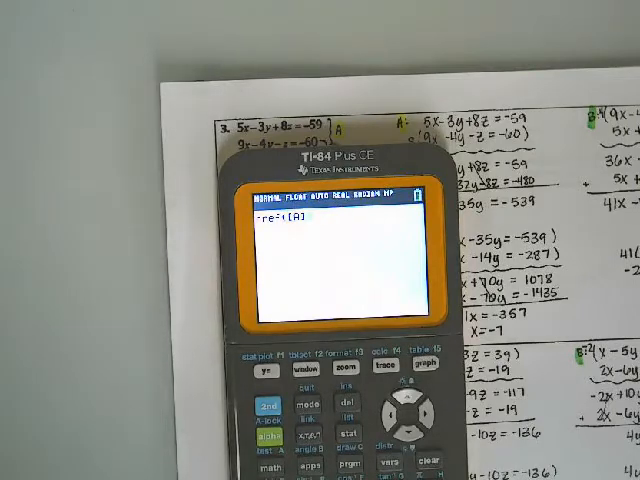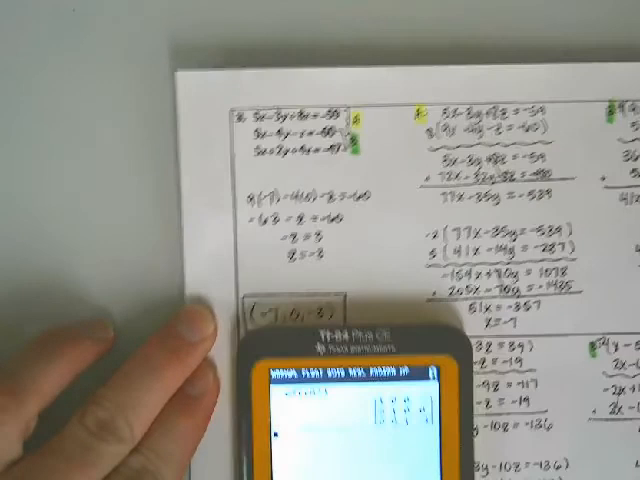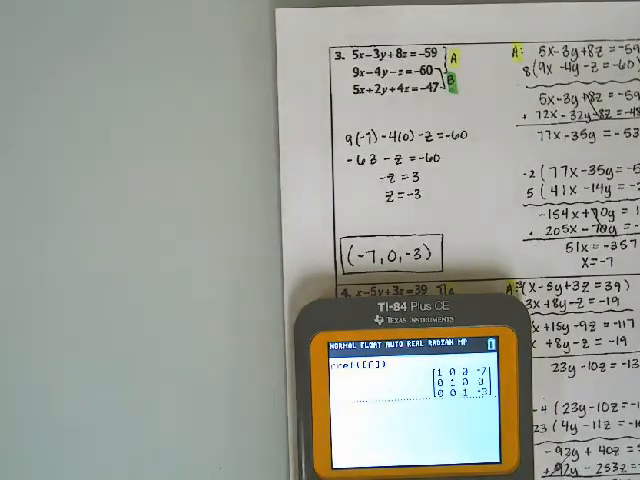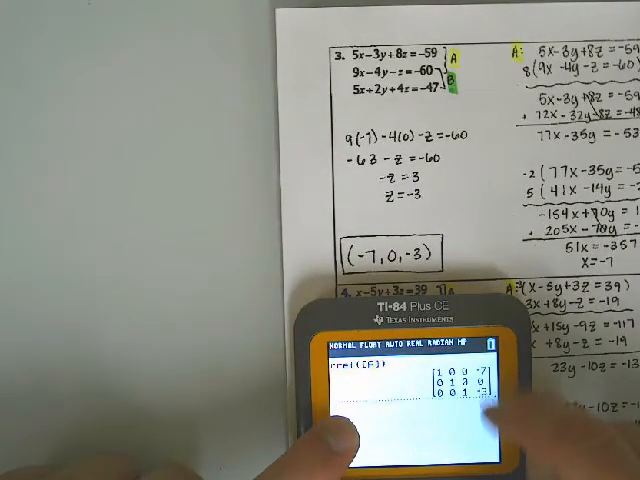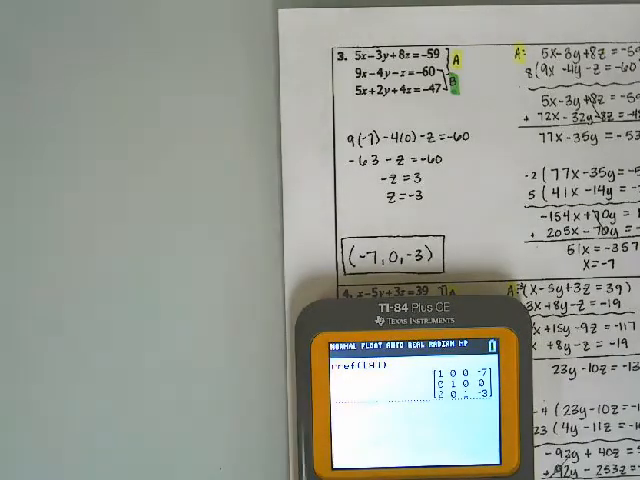And now it says RREF, parentheses, matrix A. Those brackets stand for matrix. That lets you know it's a matrix. And then I close my parentheses and hit enter. And when I do, I want you to compare the solution we calculated here to what's on the calculator and see if you can spot the answer. It's this last column here, and the reasoning is,